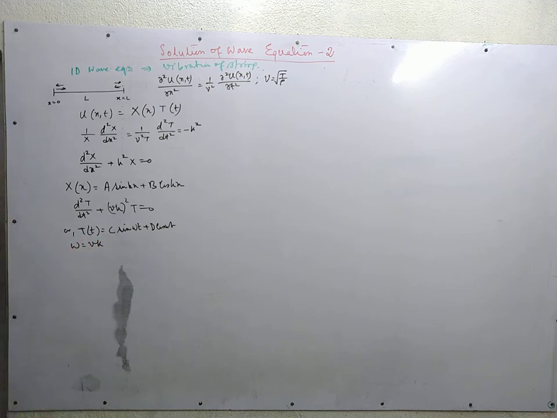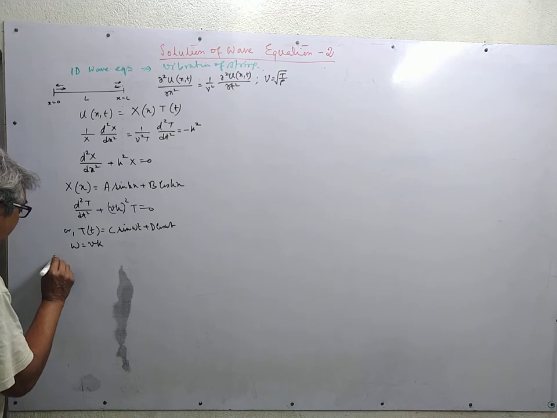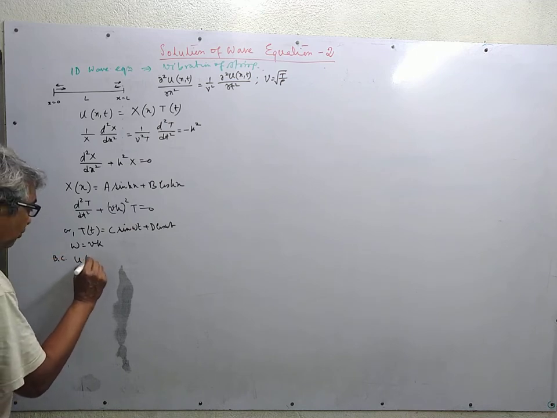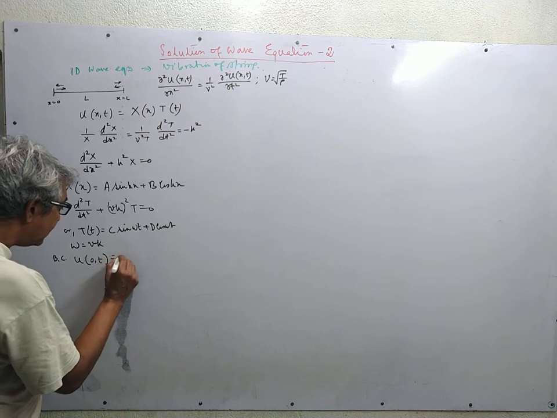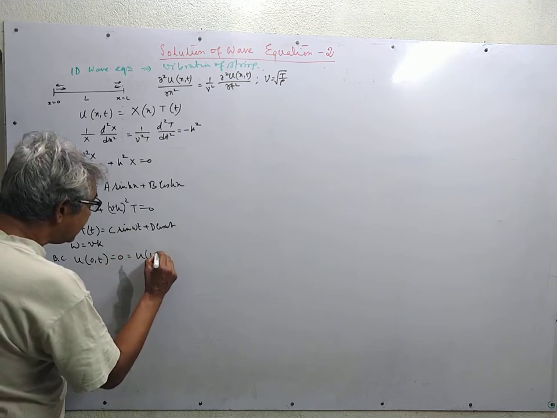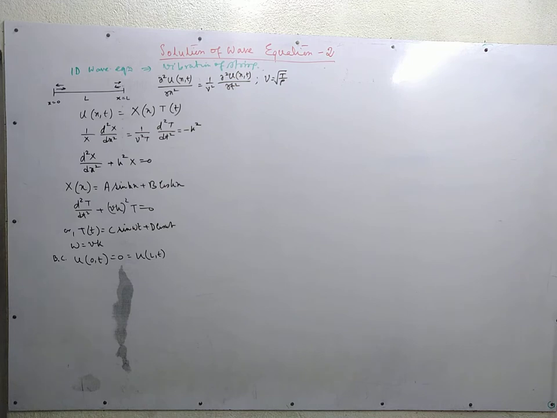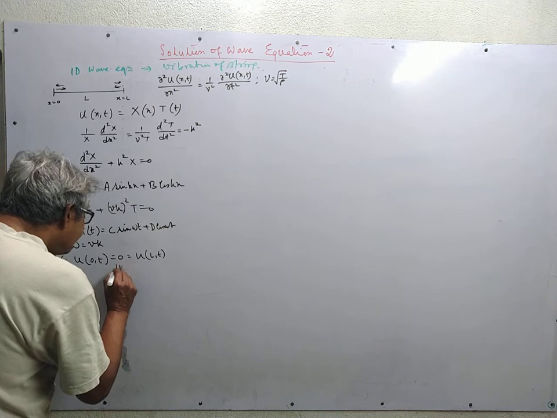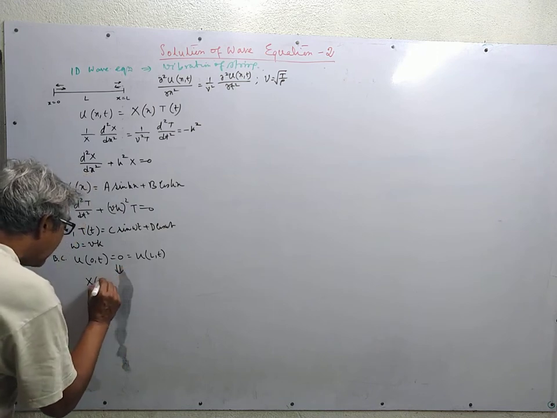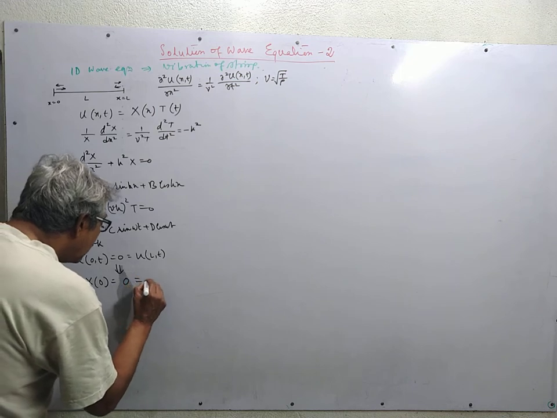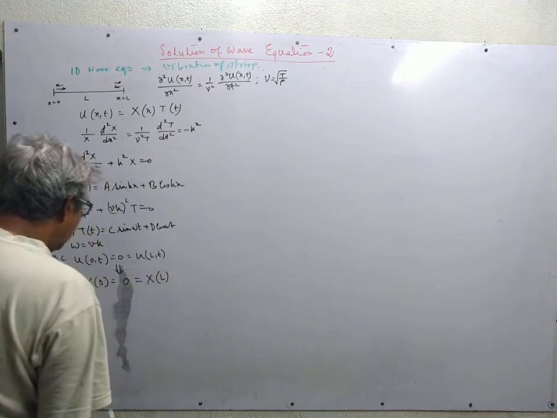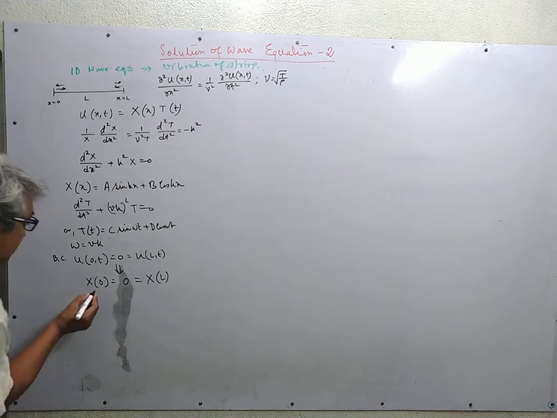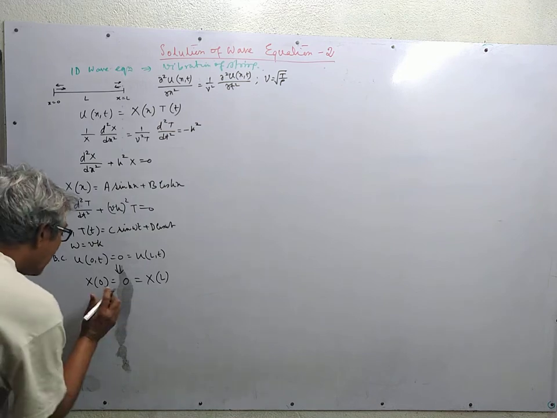Now we come to the boundary condition. The boundary condition is that u(0,t) is equal to 0 is equal to u(L,t), because the string is fixed rigidly at its ends, so there is no vibration or no displacement at the two ends. This boundary condition in terms of X becomes X is equal to 0 at x is equal to 0 and at x is equal to L. The condition at x is equal to 0 leads to the case that B is equal to 0,